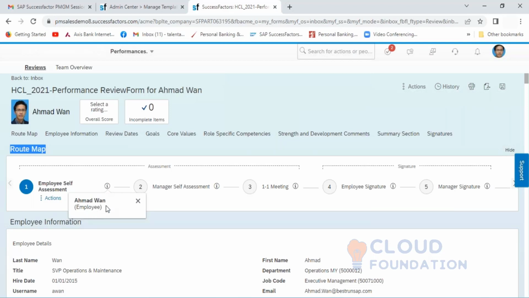The second, once the form is done by the self-assessment, the form will move to the manager. The second step is the manager. So who is the manager? You can see here the manager. Then you have the third step. Third step is also with the manager. And the fourth step is the employee signature. And the fifth step is the manager. In this sequence, the route map is showing. Now,